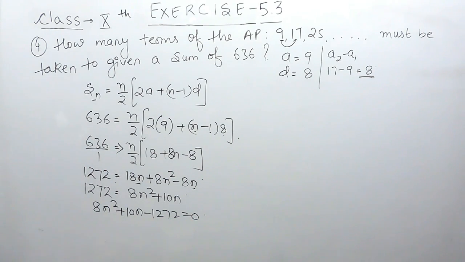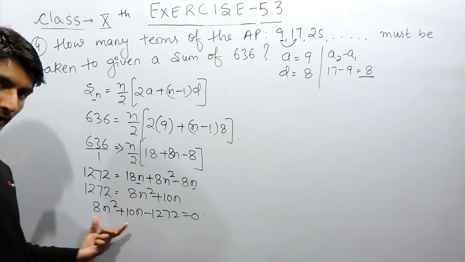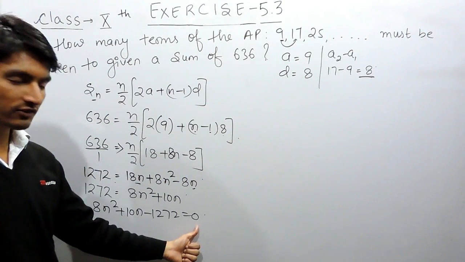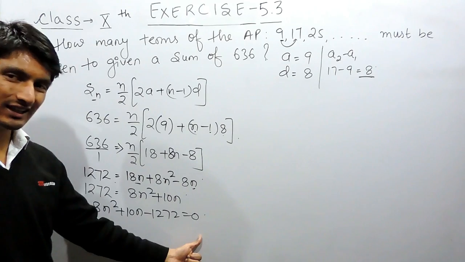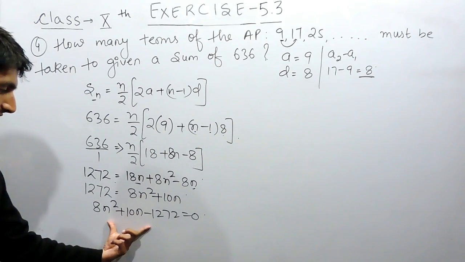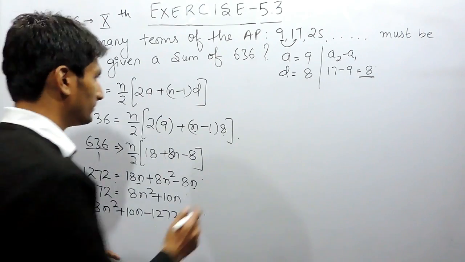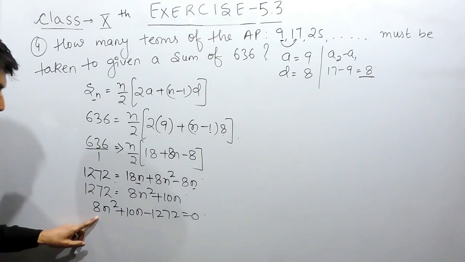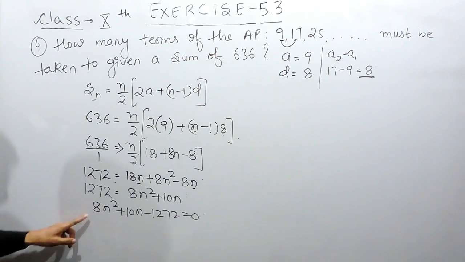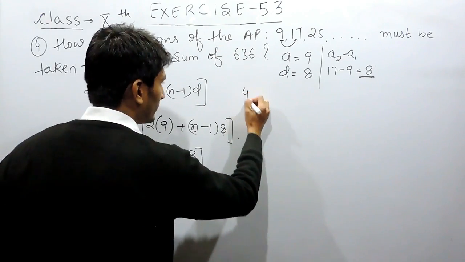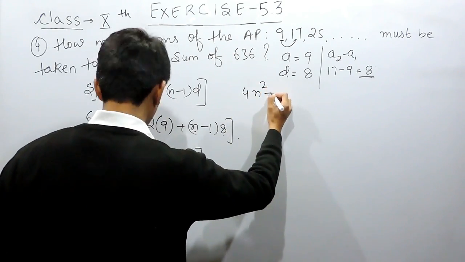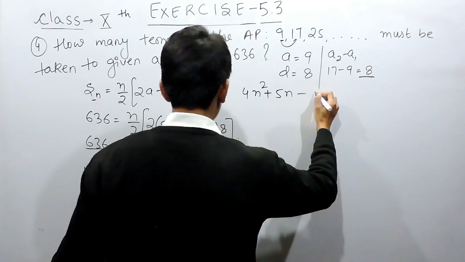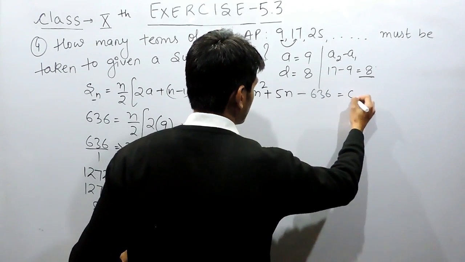So this is the equation we have. I can take 2 as common so that my calculation will be easy, and that 2 when shifted to that side will become 0, because 0 upon something is 0. So I can take 2 as common from this equation so that my equation becomes a bit easier to solve. If from 8 I take 2 as common, only 4 will remain inside the bracket, and from here only 5, and from here 636 will remain inside the bracket.